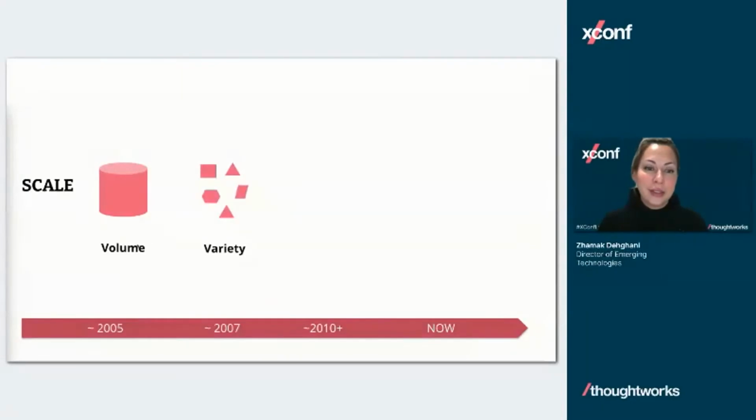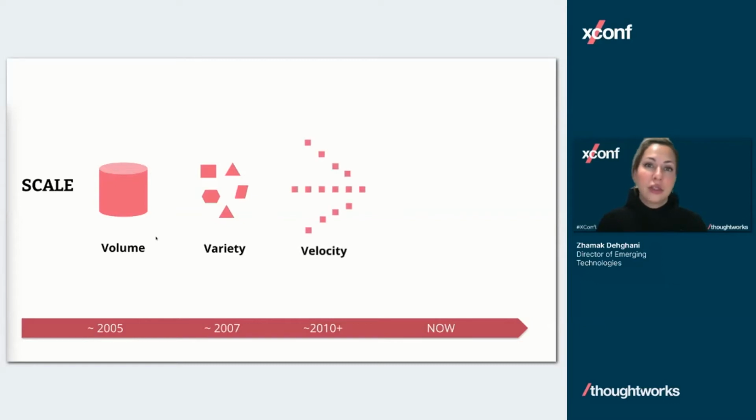Then we kept expanding our footprint in terms of the types of applications that we were building. That led to digitization of different types of data, right? So we had to deal with the scale of variety. It's not just structured data, we have unstructured data, we have text and voice and images. And that led to object storage and being able to store very diverse kinds of data. So we dealt with that scale.